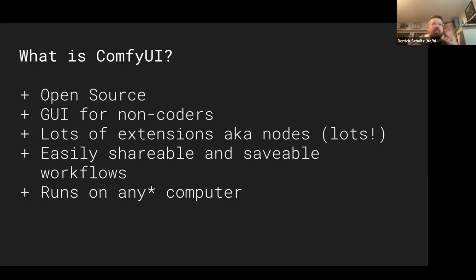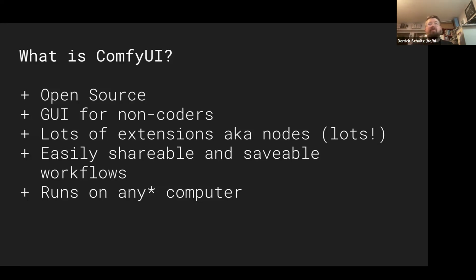Another cool thing is there are lots of extensions for these tools. Like we've been talking about, there's a P5 one now, there's a GLSL one that's coming out soon. There are lots of ways to build this into your own practice. There are also audio nodes now, using both the Stability audio tools as well as other things. A lot of video nodes now. There's just a big ecosystem. So whatever your practice is, you can likely find a way to integrate that into this in a really cool way.